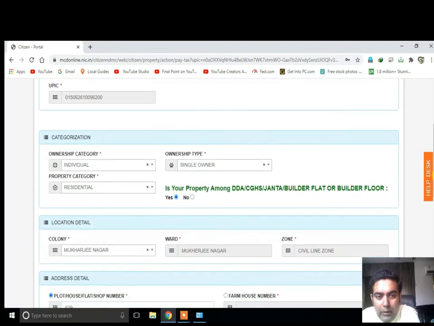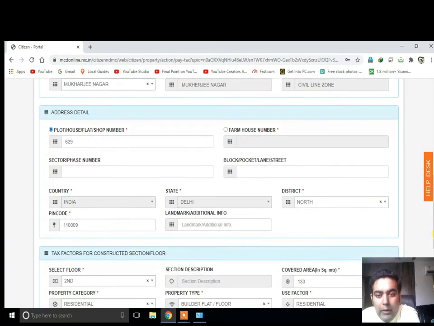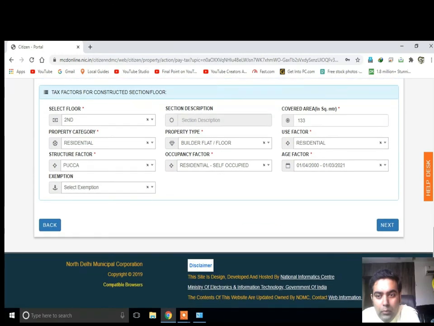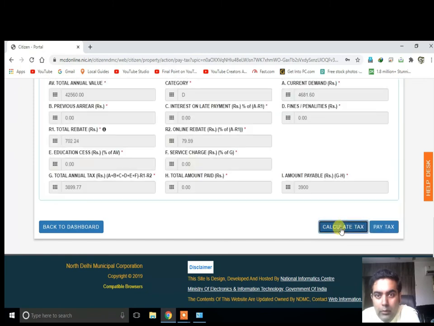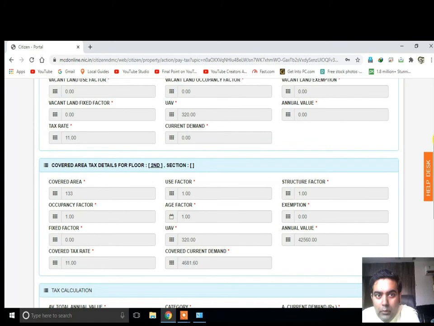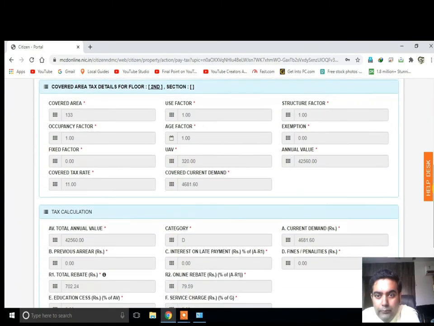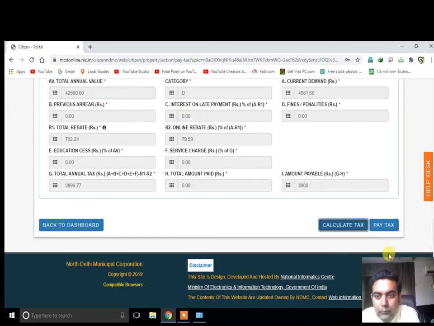The best thing is that they calculate the tax on their own, so you just have to click on next, and after that click on calculate tax. Now the tax is calculated. Now click on pay tax.